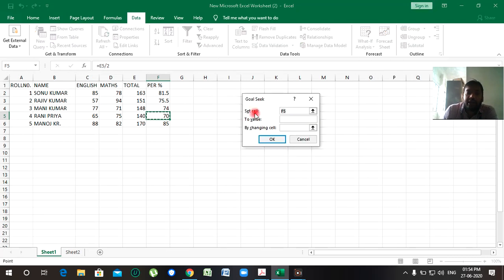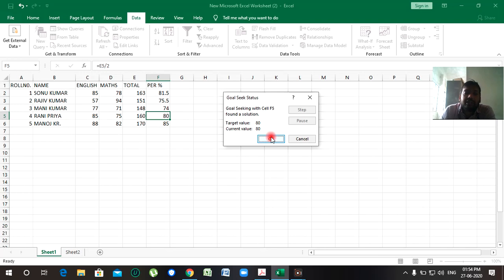Now Set cell is F5, and To value: if you want to make this 80%, then write here 80. And which cell do you want to change? We want to change this, the English marks, and now click on the OK button.